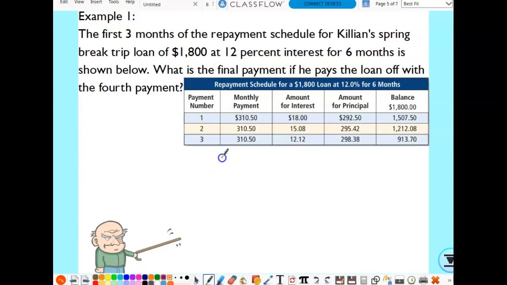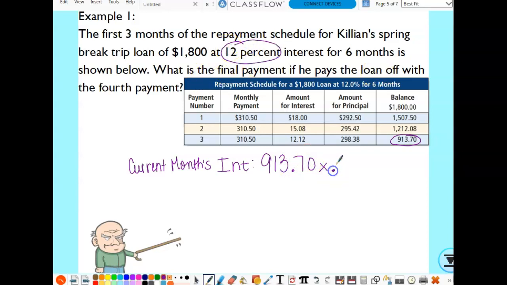So to do that, we're going to call this the current month interest. We're going to take the balance that he has left on the loan, which is that $913.70, and we're going to multiply that times our interest rate, which is 12%. So that as a decimal would be 0.12. So 913.70 times 0.12 is equal to 109.644. But we also need to remember to divide that by 12. So when we divide it by 12, we get